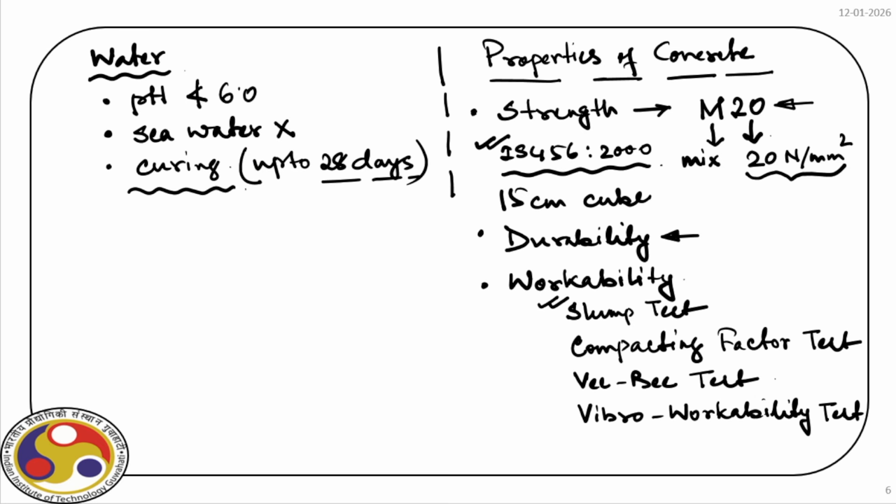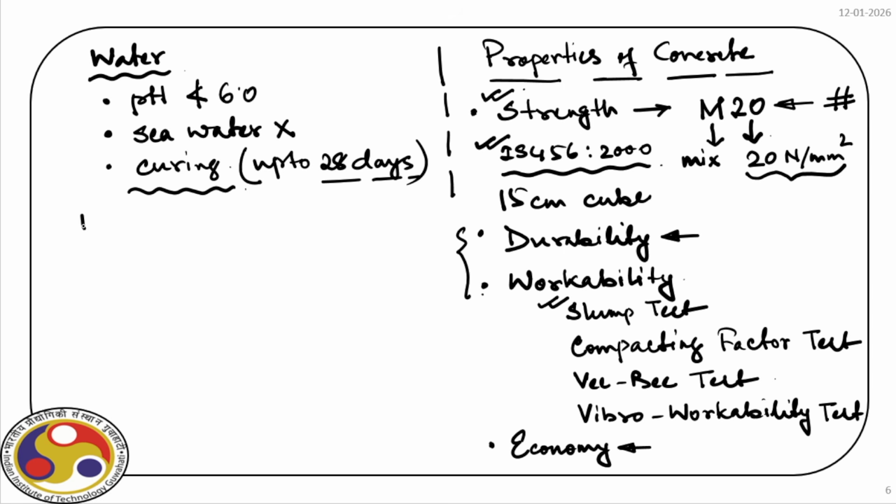Okay. So again, we will not go into further details of these different tests, because this is not the material course. Here we just need to know the different properties, and ultimately we need the strength value to go for our design. The final property of the concrete is economy, because the cost of construction matters, and that is the reason economy is also equally important. But for the time being, we are not worried about economy. We are only worried about the strength of the concrete.